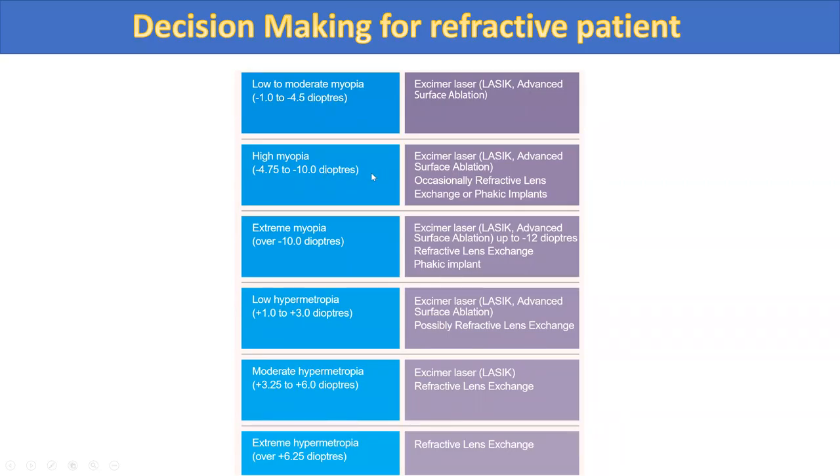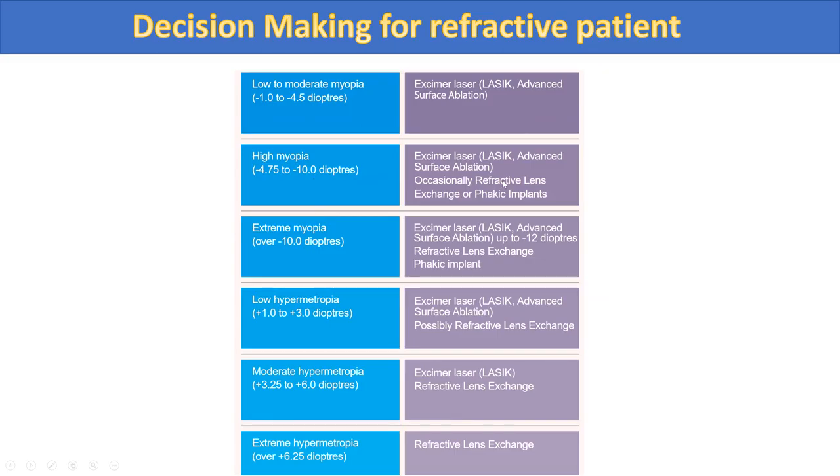for excimer laser ablation. Also, another concern for PRK is that the more the ablation, the more the incidence of haze. So again, this is something that you don't want. But for some cases, if you are more concerned about the patient safety or the corneal thickness doesn't permit, you can do refractive lens exchange, especially if the patient is after 40 years. So you do the refractive lens exchange after 40 years of age,